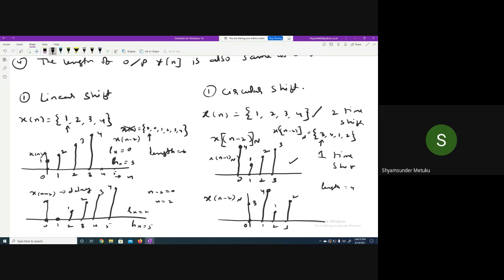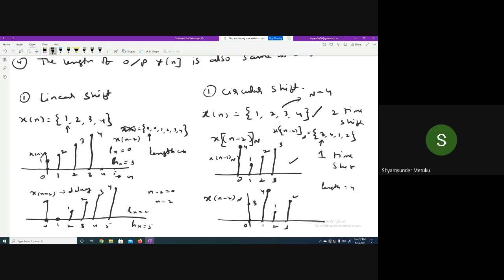Yes or no? Yes, sir. You can shift n number of times, still it will be rotating in those 4 samples only. At the same time, the capital N will decide. Capital N is equal to 4 here, because somebody said it is more than 4. With the given input signal, whatever number of samples it is having, that will be the capital N, which is equal to 4. Is it clear now? 0, 1, 2, 3, total 4 samples, no?